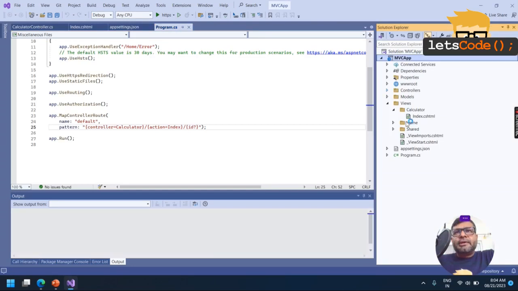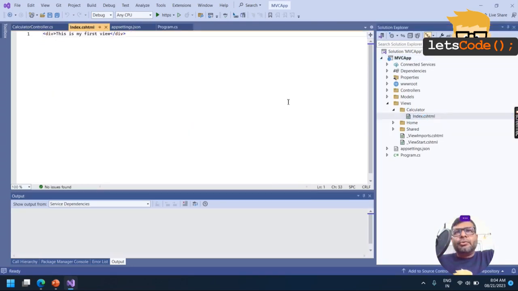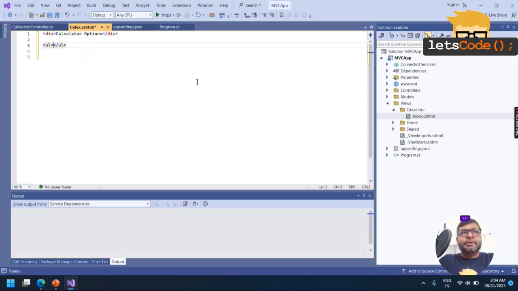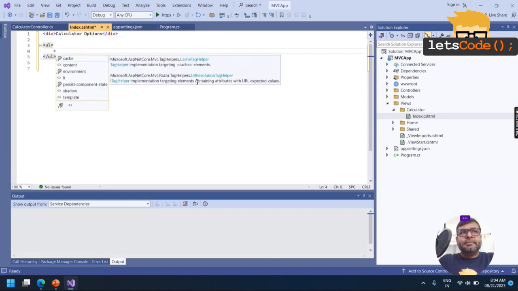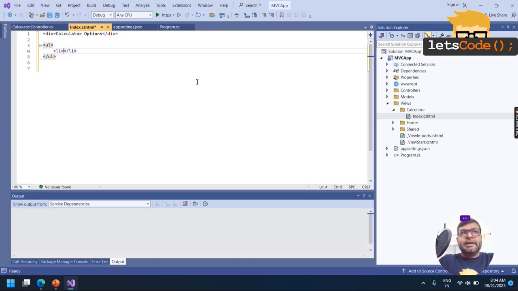Now I'm going to create a little more in the view. What I want is a simple calculator. Options: what all options are we giving? I am going to use a UL, and in the UL we will have li items.